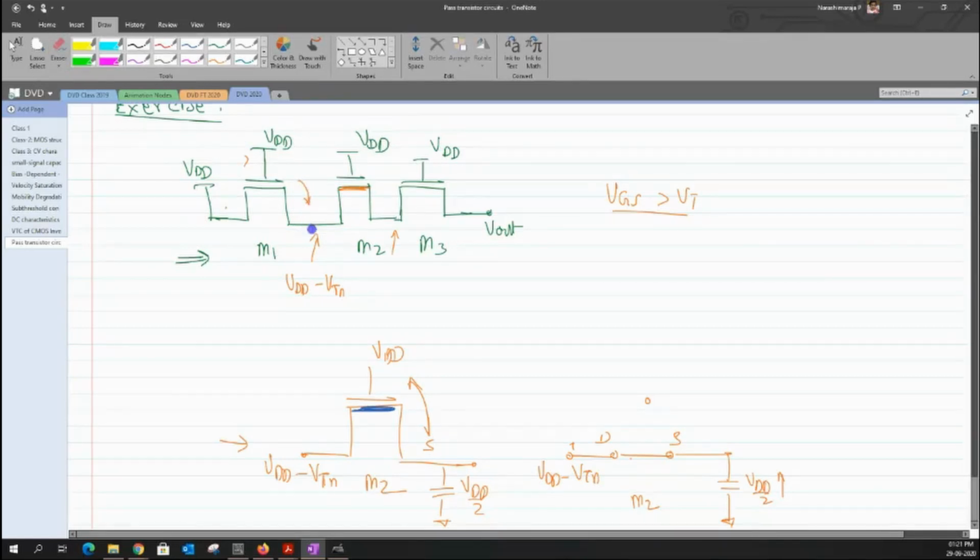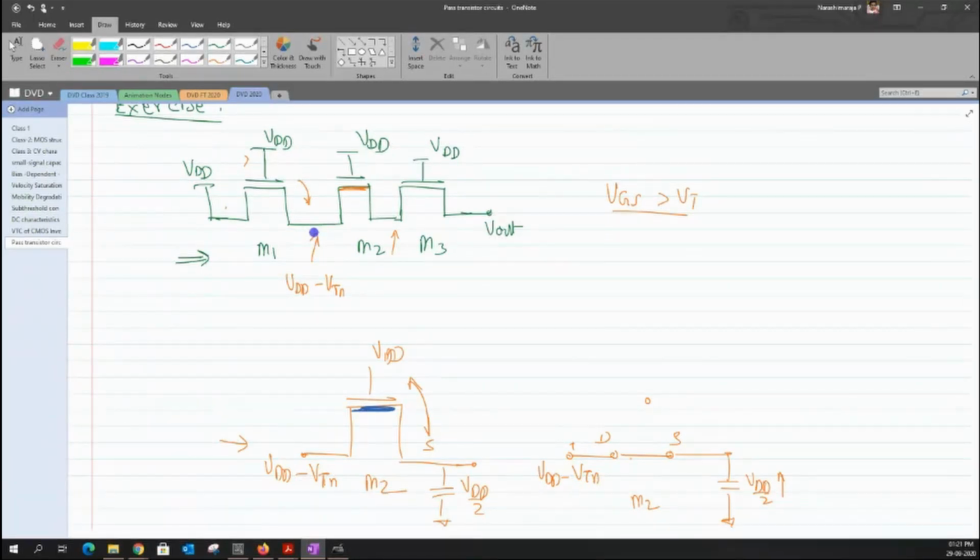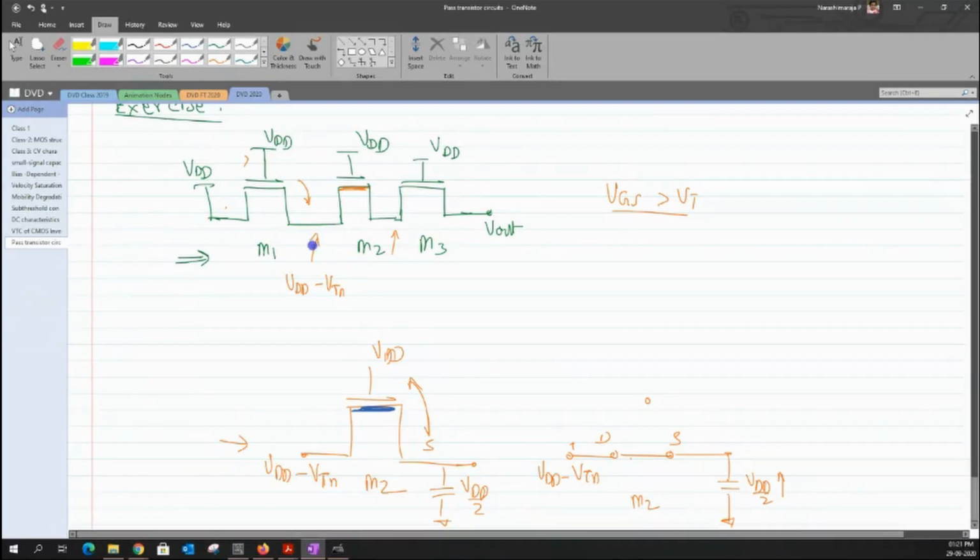And whatever voltage I have here is always assumed to be VDD by 2. This value of VDD by 2 need not always be half the value of VDD. It can be either 0 or closer to the value of VDD minus VTN. You can choose those things, but you cannot fix this to be equal to VDD. That cannot be an initial condition. So having this initial voltage equal to VDD by 2 can help us work with both the PMOS and NMOS transistor, which is a mid value between VDD and ground.